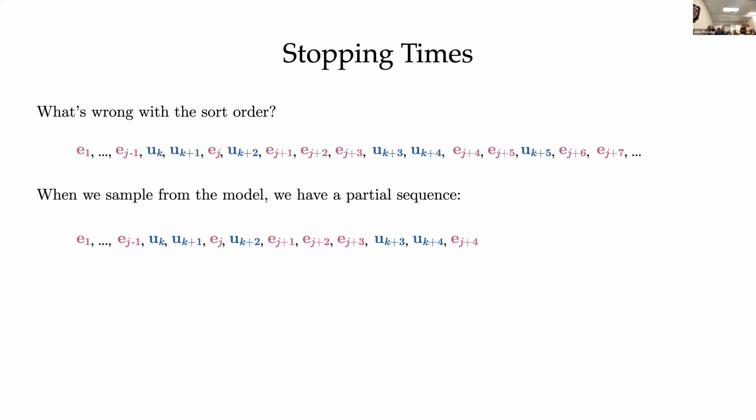But I don't know what sequence position that is until I've generated EJ plus 5, but I can't generate EJ plus 5 until I know whether UK plus 5 goes before it or not. So I'm dead. There's nothing I can do. I can't sample. I can train a model. I can sample unconditionally from this model. If I don't want to specify the controls myself and just run this model autoregressively, I can sample from it.